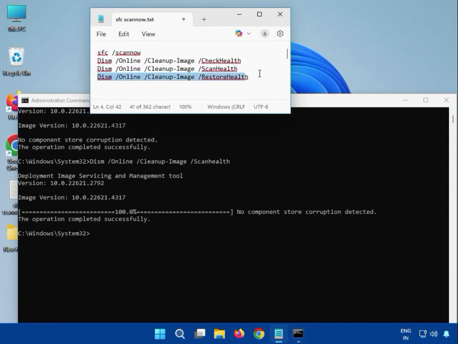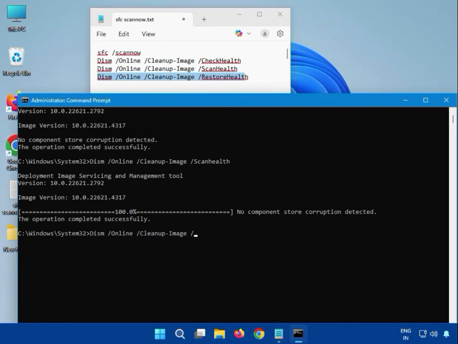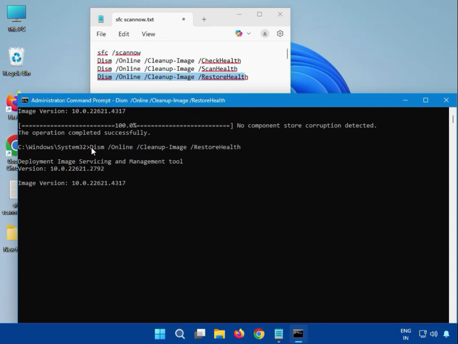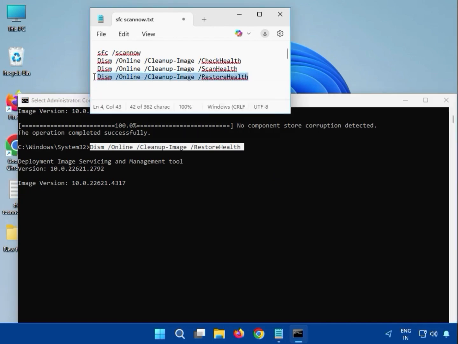Then guys, fourth one, which is restore health, you can see here we can enter like DISM and all, and please note small and capital. Okay, restore health, and then hit enter. Again guys, you have to wait. Okay, the percentage will start, it will complete. After that you can see here,